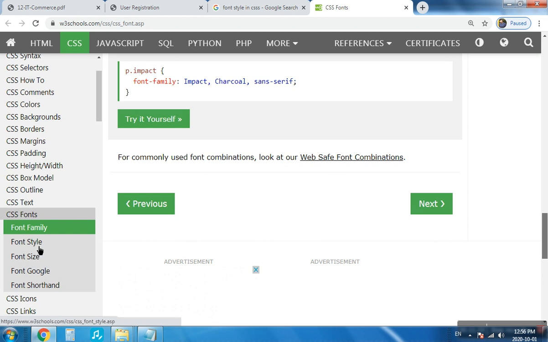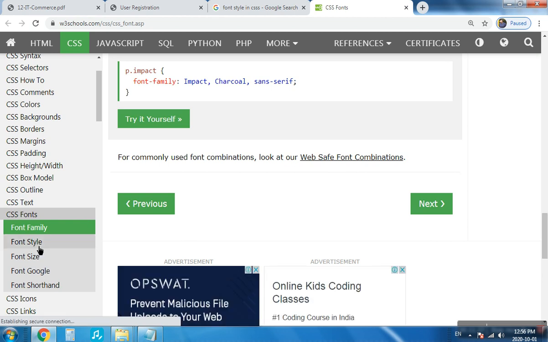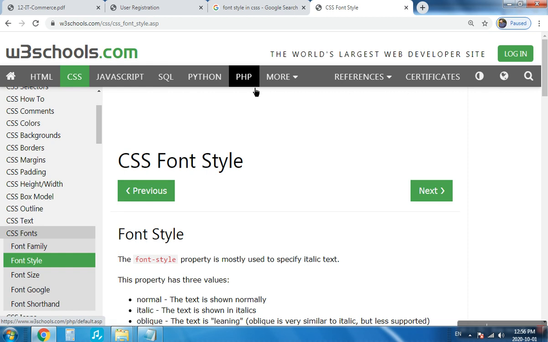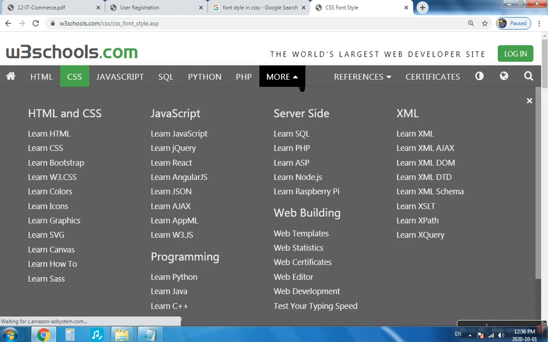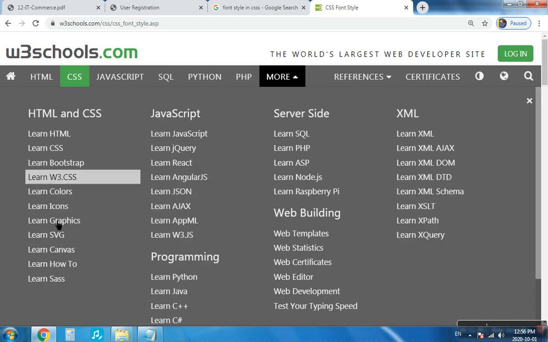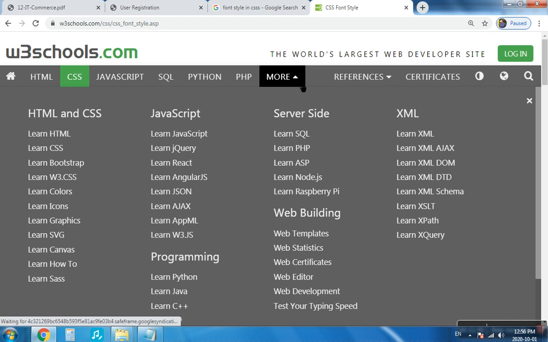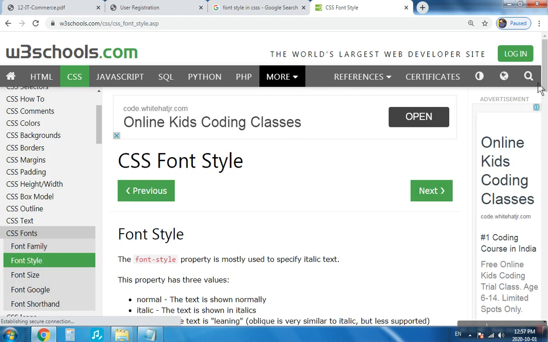Here we can get examples and explanation for every CSS property. As well, there are tutorials for other languages like PHP, Python, SQL, and AngularJS. Many tutorials are provided on this website. So this is the best website for learning web technologies.